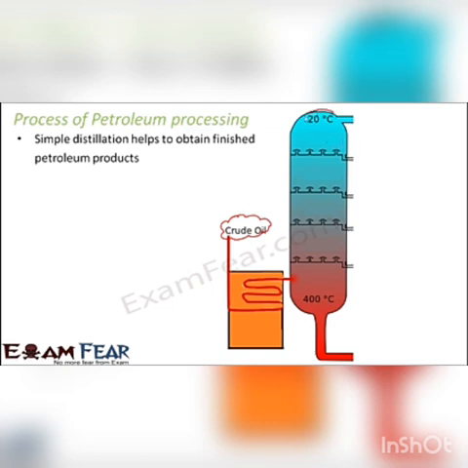So as you see here, the lowest temperature is at the top and the highest temperature is at the bottom. So those components which boil at higher temperatures, they will get collected here. A little lower temperature will get collected here, yet lower will get collected here. Finally, those which get boiled at the lowest temperature will get collected here. So that's how the components will get separated.